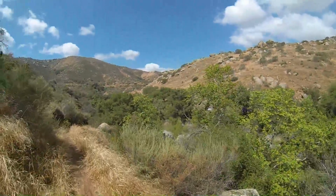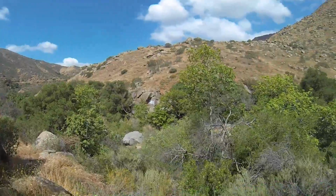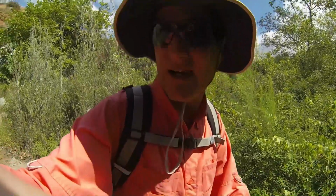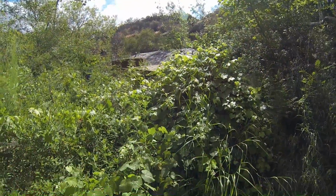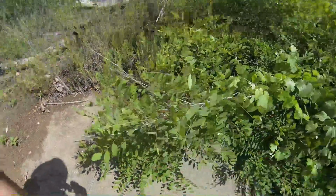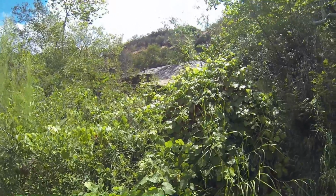Okay, here we are heading down into the canyon. Really well maintained trail, even though it is very small. I'm down along the creek bed here, and obviously there's not much water running through here, and got some wild grape here. But what I'm standing on looks to be like at one time was a bridge. I mean, you can see this piece of concrete here extending up into the rocks there where it was anchored. But since it's collapsed,